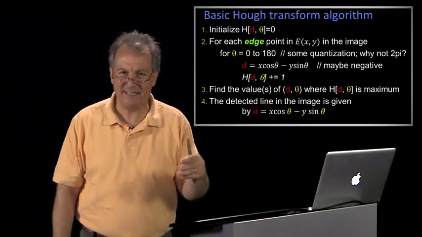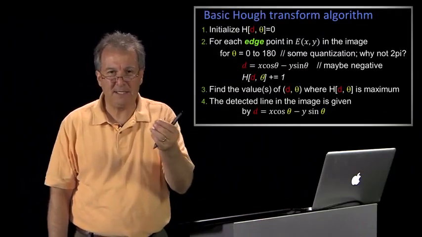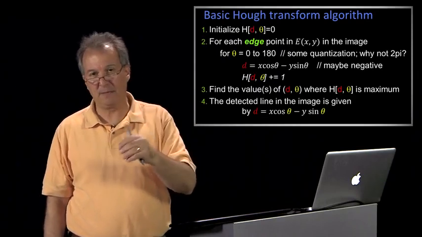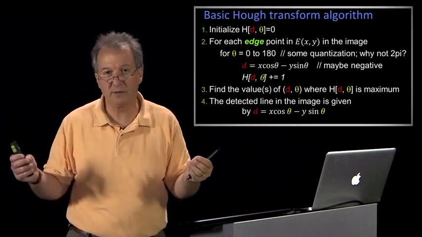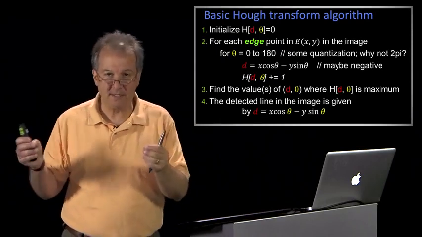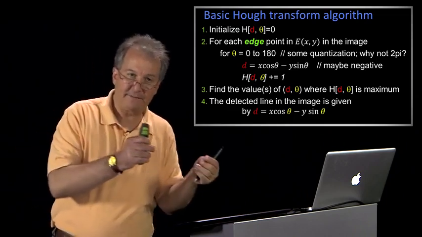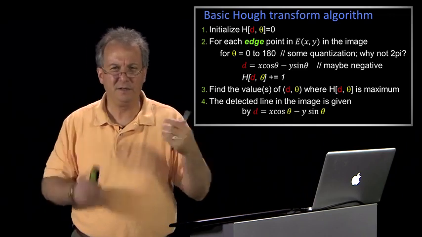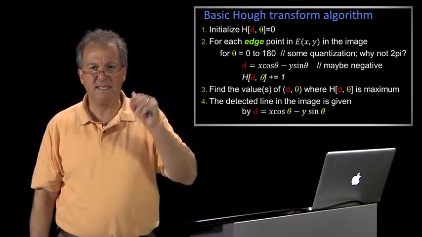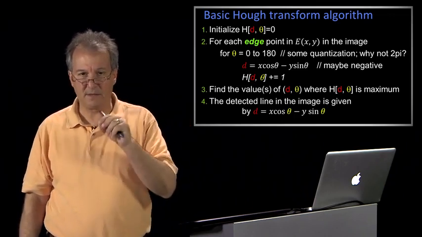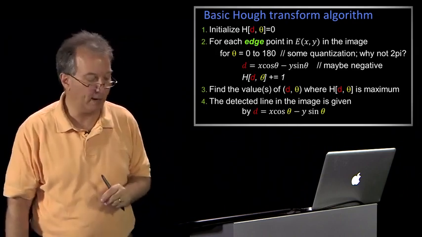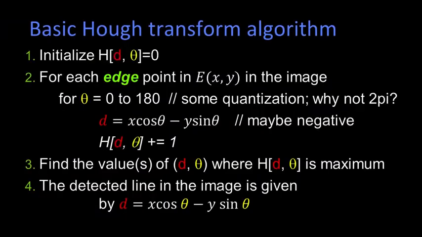So if d is negative, what I really mean is the bin of that d. So maybe my d goes from minus 100 to 100. So I would have 201 bins if I do them by steps of 1. So if I got a minus 20, I'd have to add 100, that'd be 80. You get what I'm saying, right? The d value goes into its bin. So the bin of that d value gets incremented by 1. After you've done all the voting, you find the values of d and theta where h of d, theta is a maximum. So you want to find these peaks. By the way,